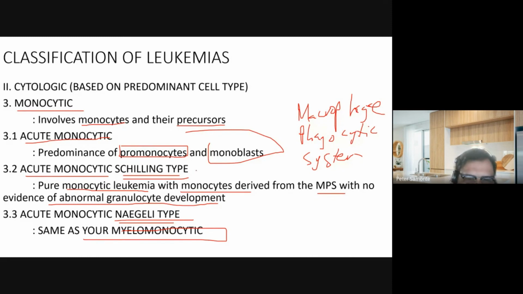Your Schilling type, class, basically involves tissue macrophages. They would have increased macrophages, while your monocytic would be the same as myelomonocytic. So let's go back to the